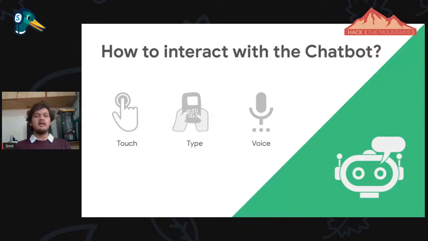So there are three types of ways the user will interact with the chatbot. One is type, another is voice, and the third is touch. If it is touch, we simply use Google Assistant or any assistant like Alexa or Siri; it's touch based. If we are giving inputs on a screen by typing, or interacting with chatbots on a website, it will be type. And voice can be helpful in, suppose, a car-embedded chatbot, a mobile assistant, Google Home, or Alexa. We interact with them by voice. It's voice based. So there are multiple types of chatbots.